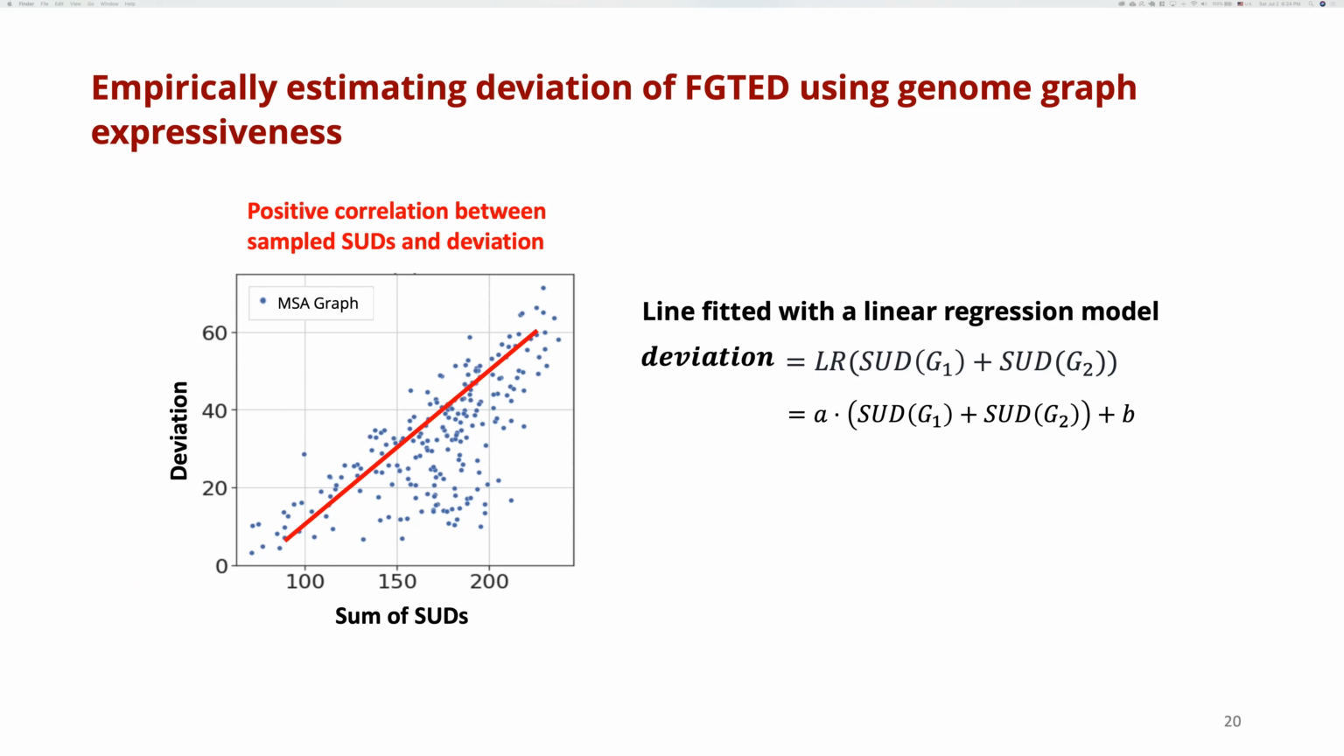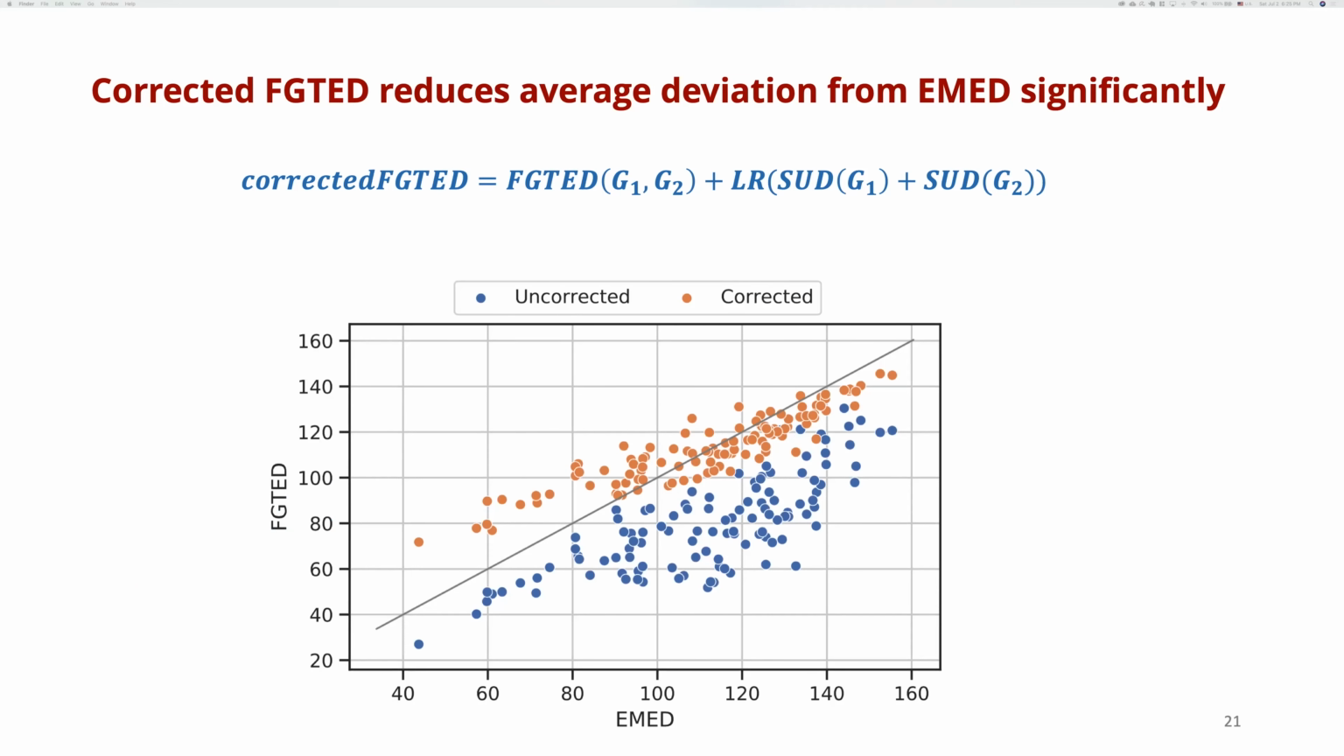This linear regression model assumes that we know exactly what the genomic sequences are for each pair of genome graphs. And using the linear regression model, we're able to predict deviations in a pair of genome graphs where we do not know the complete genomes. We introduced this corrected FGTED metric by adding a correction factor, which is the predicted deviation on FGTED between two genome graphs. Here, the predicted deviation is produced by the linear regression model that is trained on